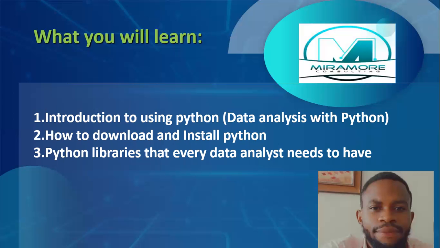Python is used in web development, and it's also used in machine learning applications. There is a lot of cutting-edge technology in the software industry where Python is highly regarded. Python is a language used by almost all tech giant companies. For example, Facebook uses Python. Instagram, which we all know is used for promotion and by businesses for a lot of things, also makes use of Python. Google makes use of Python, and Amazon too, and a lot of others.